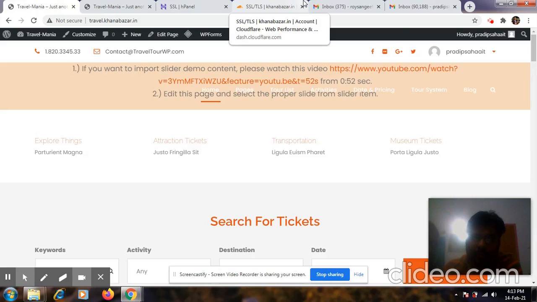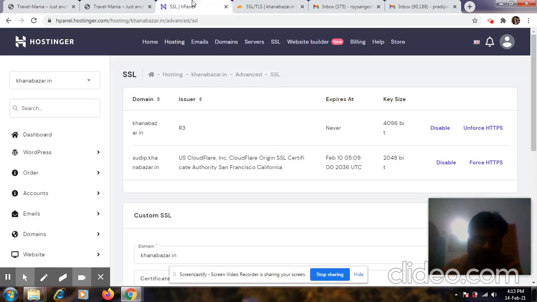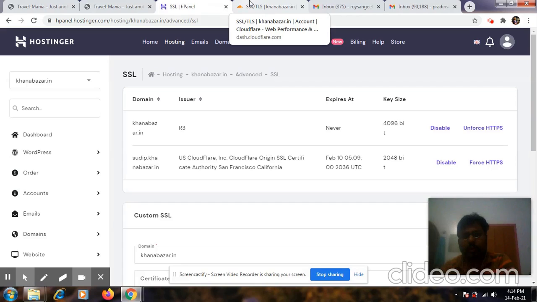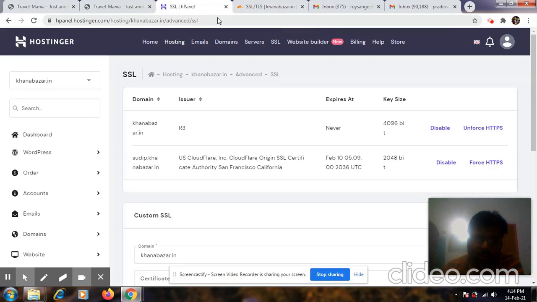Our hosting partner is Hostinger, so we are going to show how to install the SSL certificate there. To do that, first you need to log in to Hostinger.